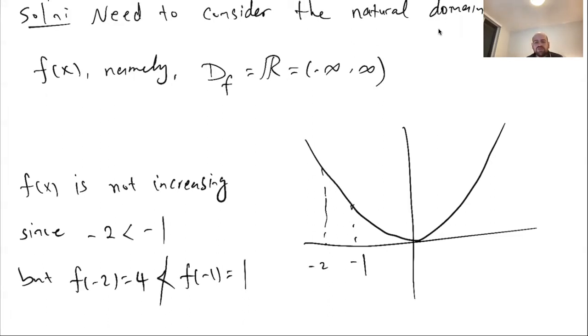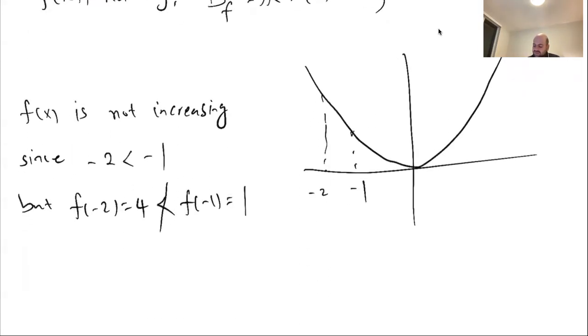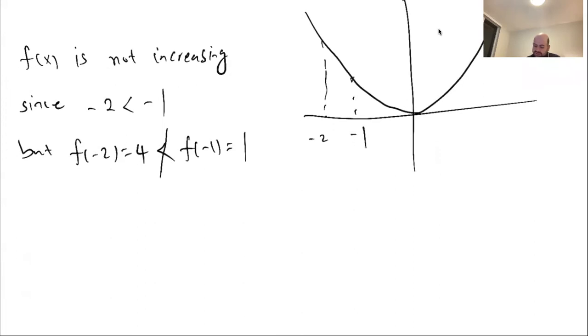For a function to be increasing, you need to have f of x1 less than f of x2 whenever x1 is less than x2. But here, -2 is less than -1, but f of -2 is not less than f of -1. Similarly, f of x is not decreasing